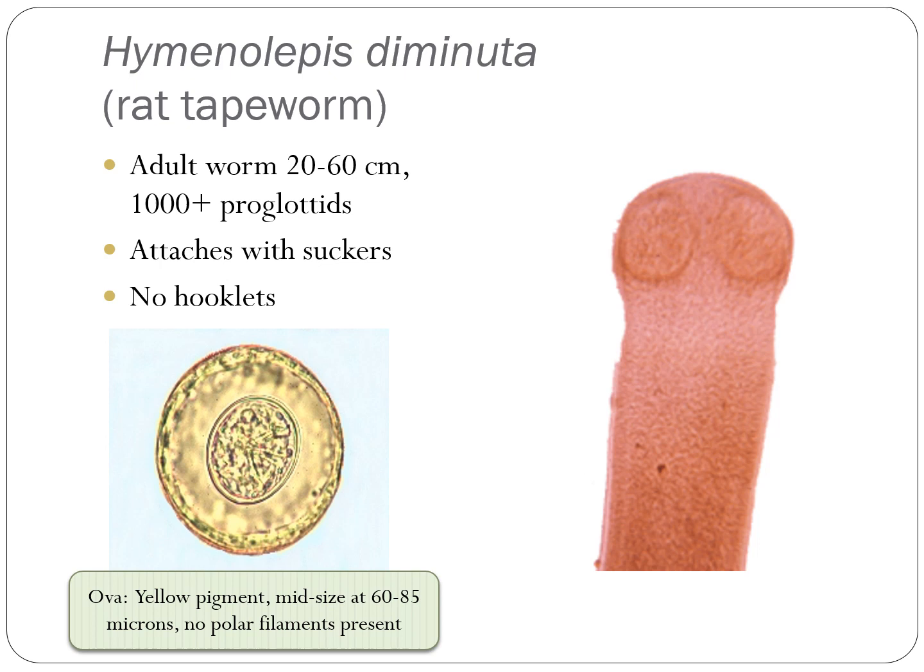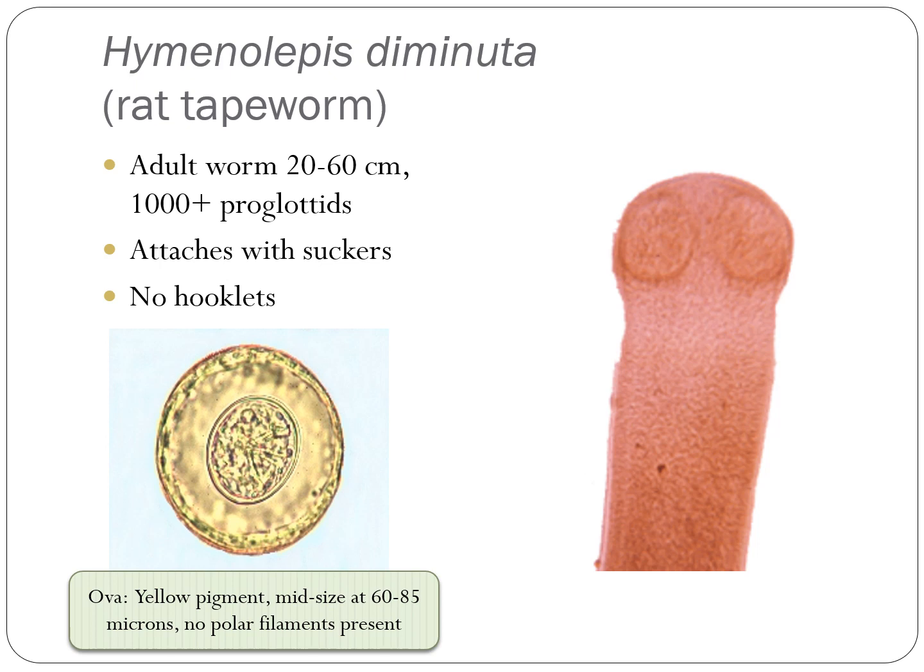Hymenolepis diminuta is the rat tapeworm. The adult worms are 20 to 60 centimeters in length, and usually we have 1,000 or a few more proglottids. It attaches to its host with suckers, and there are no hooklets. You'll notice in the image that they're a little bit larger than Hymenolepis nana at about 60 by 85 microns. You'll also notice that the ova has a yellow pigment, is medium size, and there are no polar filaments attached